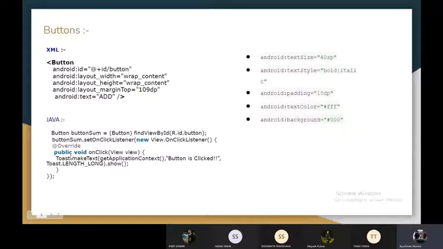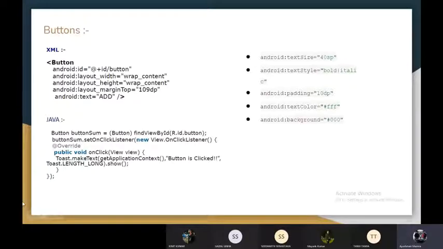And here, whatever we have to do when we click on that button, we can simply write it here. Like here, it is showing a toast. A toast is something that, if you enter a wrong password, then something pops up and stays for a second and then disappears. A toast is something like that. So it is showing a toast. We have some common attributes for this too.